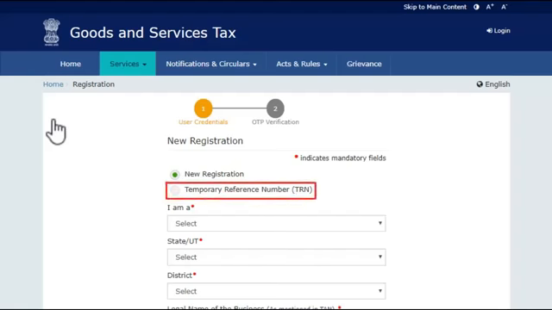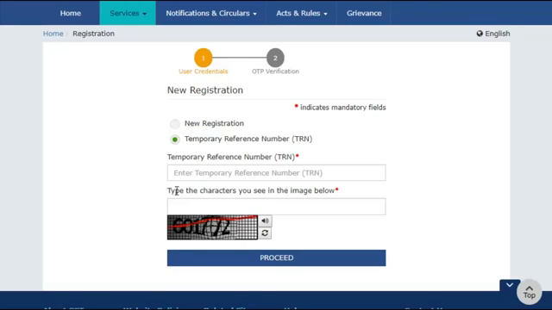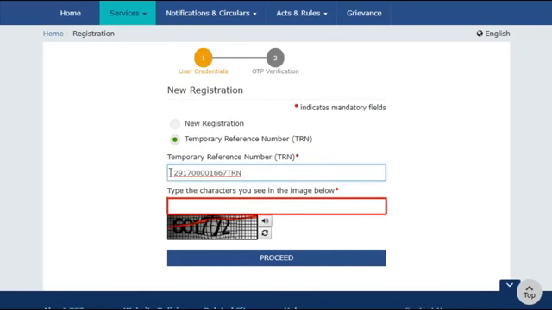Select the Temporary Reference Number option and enter the TRN that was generated on submitting Part A of the registration application. Enter the CAPTCHA as usual and click Proceed.